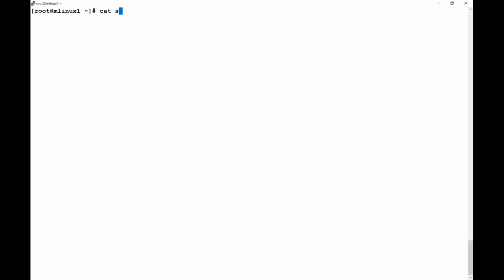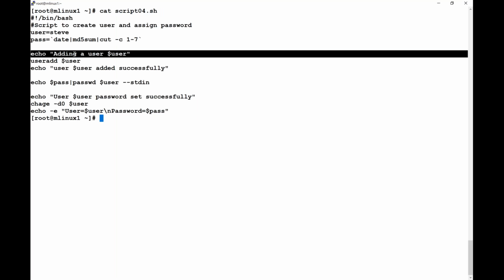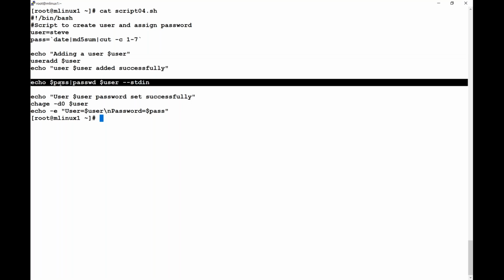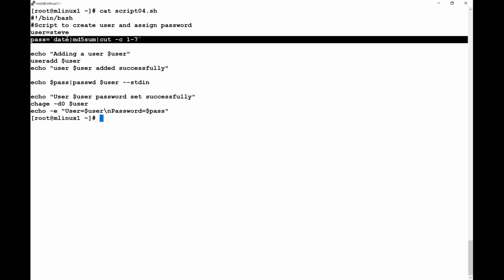So you see, this is how our script is working. In phase 1, I am adding the user. Then I am printing the message user added successfully. Phase 2, I am setting an automatic password, right? The password is generated automatically with MD5, some random characters. After that, I am making sure that this password expires immediately, and at the first login, the user must change the password to continue,